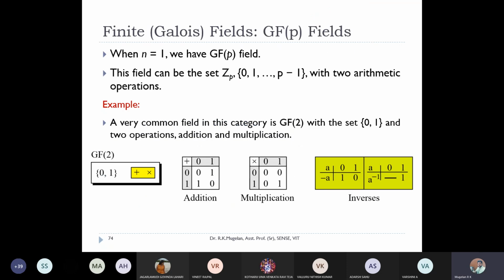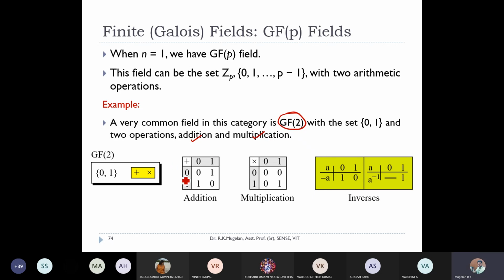So here, for example, if your n is equal to 1, you'll have the set of elements 0 to p minus 1. The simplest Galois field is Galois field of 2. That is when n is equal to 1 and p is equal to the least prime number 2. You'll have only two elements, 0 and 1, where you can perform both operations of addition and